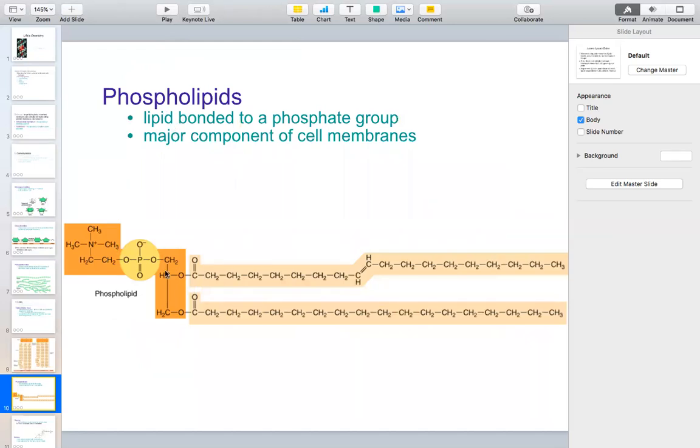Now here we have our phospholipid, and this time you see a glycerol backbone again, but notice there's nothing coming off of it, so it's not a triglyceride. There are only 2 fatty acid chains. Then we see a phosphate group that holds 5 bonds. So 1, 2, 3, 4, 5. So there's 5 bonds. One of the oxygens has a slightly negative charge because more of the electrons are spending time around the phosphorus atom,